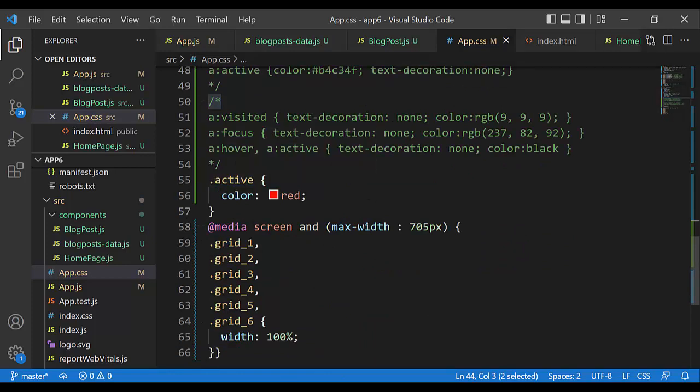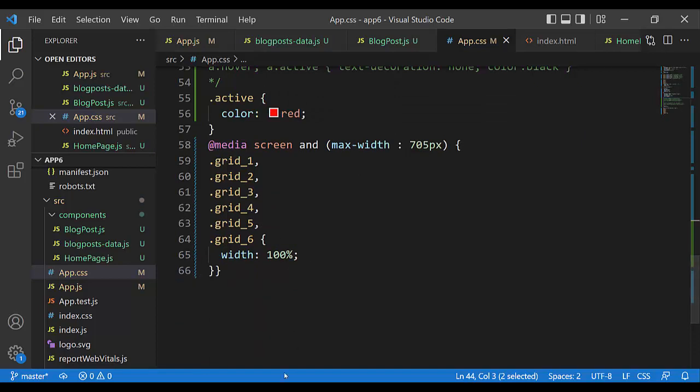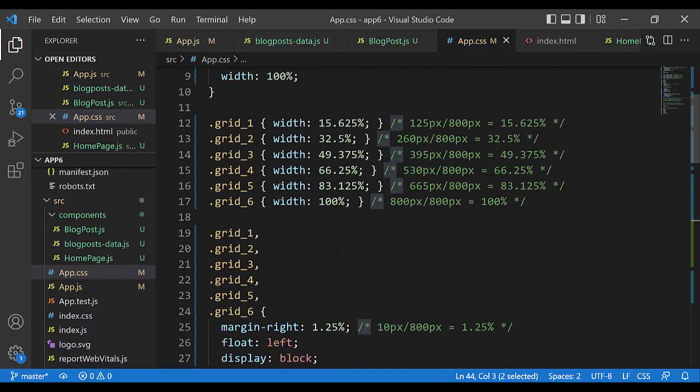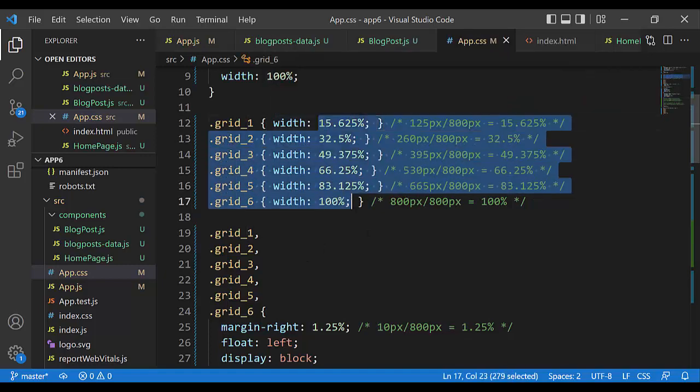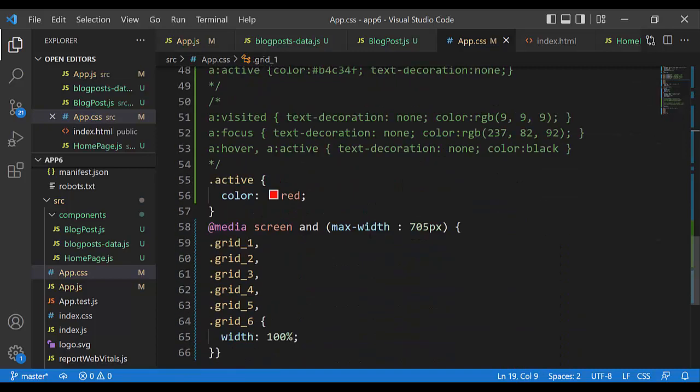Dot active class. Media screen is the switch. Max width 705 pixels. Grid 1, 2, 3 would be 100%. Every grid would be 100%. It means mobile, for example, where grid 1 will not be 15.625%, or other grid 2, grid 3, grid 4, grid 5, grid 6 will not be this value, but would be 100%, and it means that